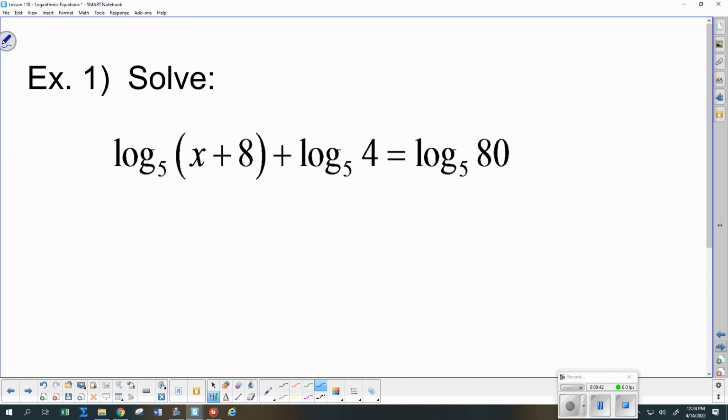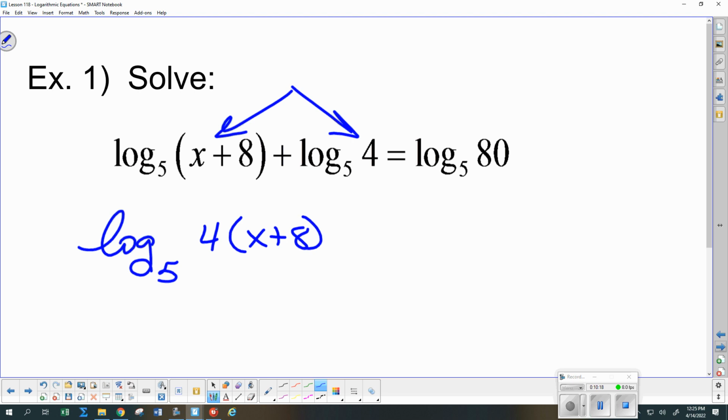Okay, let's try this one. I have a bunch of logs. Do they all have the same base? So I'm going to try to put some things together. So the right side is only one log, but the left side is a log plus a log, and I need to get it to where there's just one log over there. So look at your formula list. If I have log plus log, what do I have to do with those arguments if I want to condense this, Abby? I need to multiply them,